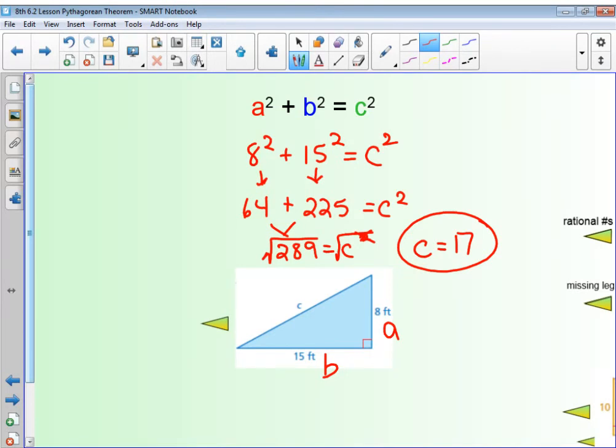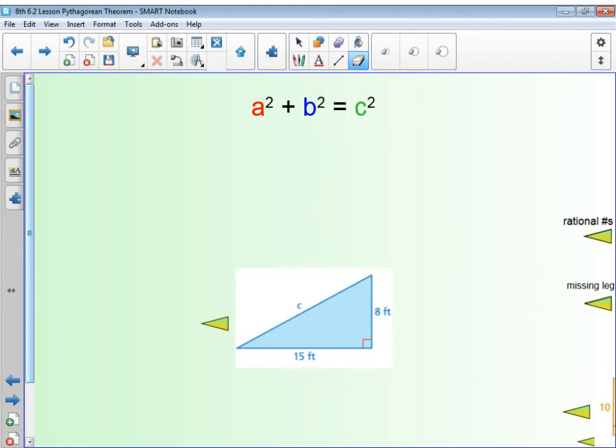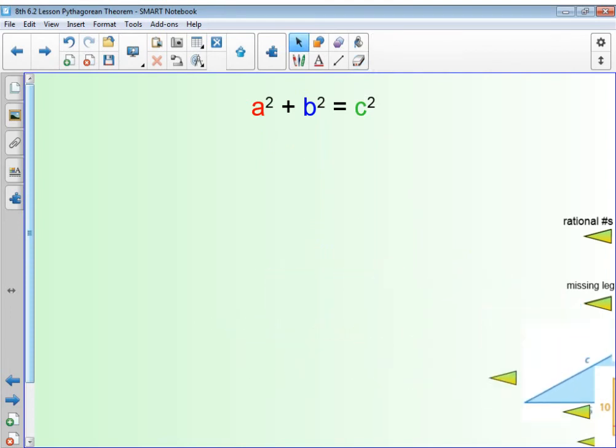Lots of times I will tell you that if you come across where it's not a perfect square, they may leave that as the square root of a number. To me, that doesn't tell me a whole lot. I would rather see the decimal number, but I have noticed on tests, like a standardized test, they'll leave it as the square root if it's not a perfect square. So just make sure that you're paying attention if you're taking an assessment and you have multiple choice. Pay attention. How are they giving the answers? Do they want the decimal? Do they leave it as a square root? Okay, so here we're going to